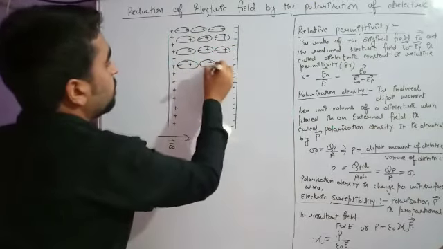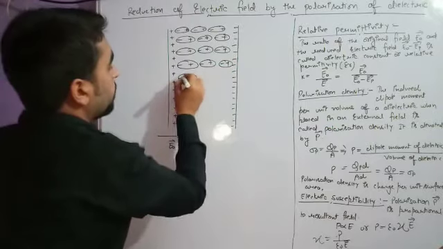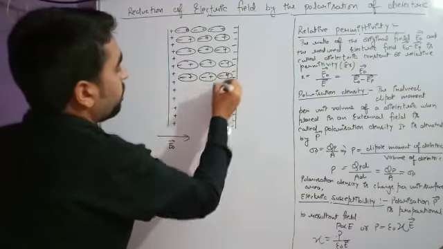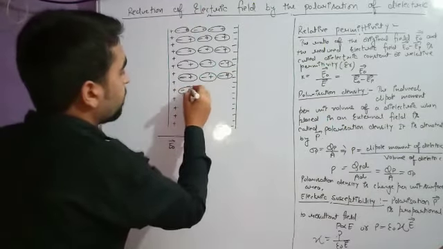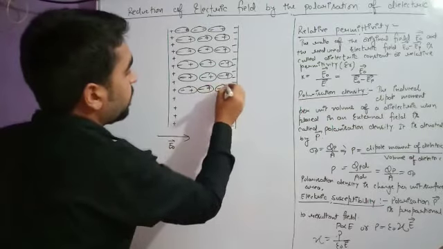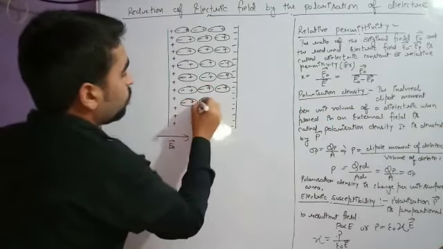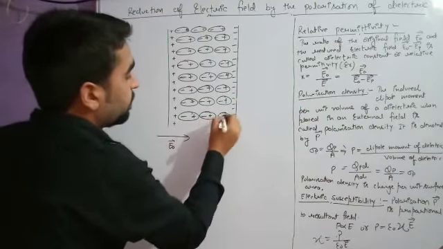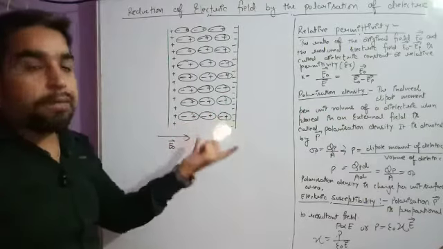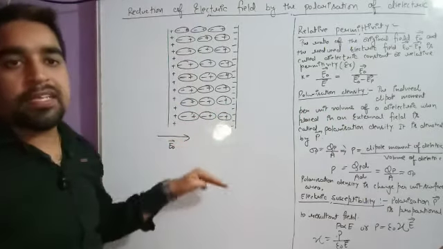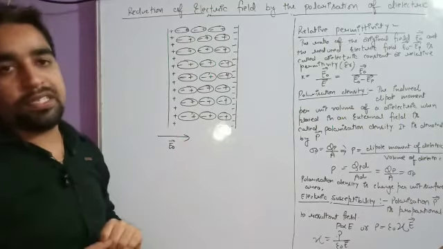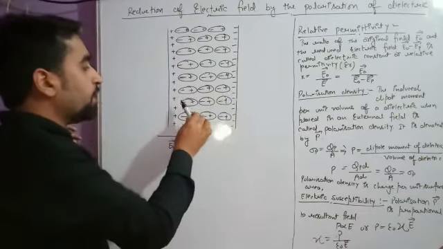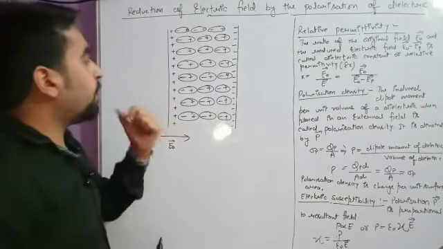So what have we done? Between the two plates of the capacitor we have placed a dielectric material. We already know, and we have studied in our previous lecture, what happens when we place the dielectric material between the two plates of the capacitor. The answer is that when the dielectric material is placed in the electric field, it will be polarized. So how will it be polarized? The positive charge will go in the direction of the electric field, the negative charge will go in the opposite direction of the field. So these are getting a dipole moment.